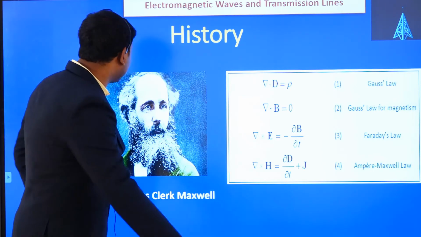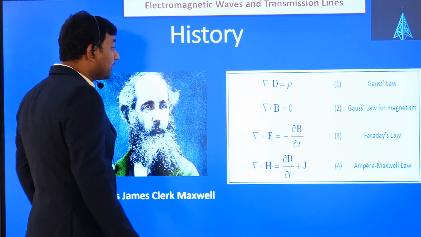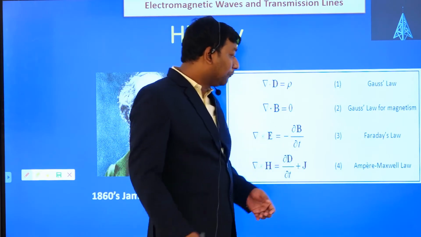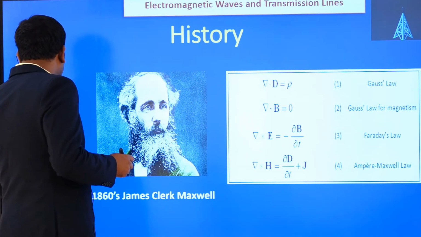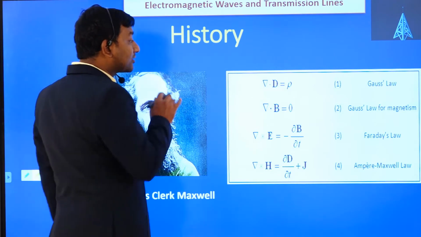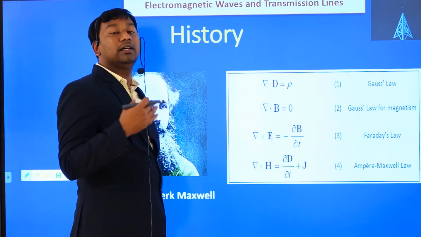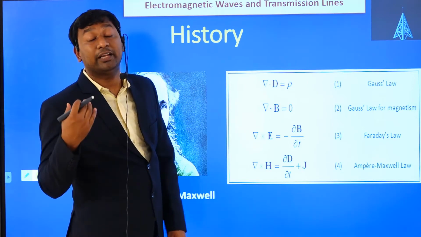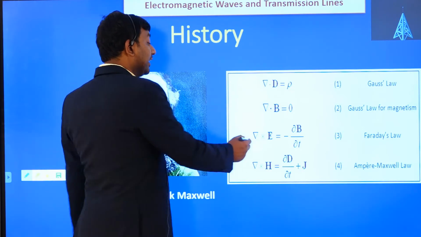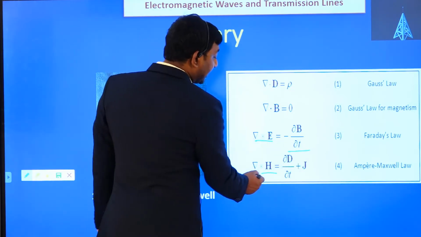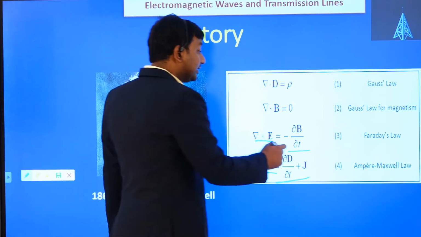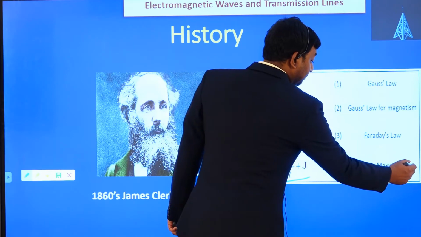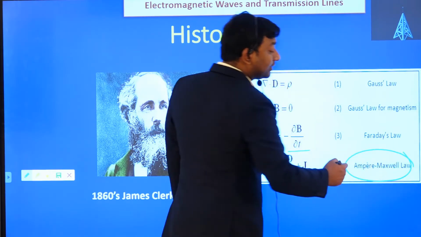So you can ask what is Maxwell's contribution here, because all the laws already existed. But in the fourth law you can see how the electromagnetic wave is generated. He explained, using the time varying electric field, how a time varying electric field creates a magnetic field, and how a time varying magnetic field creates an electric field, and how they are related. This is the Ampere's Maxwell law, that is called modified.